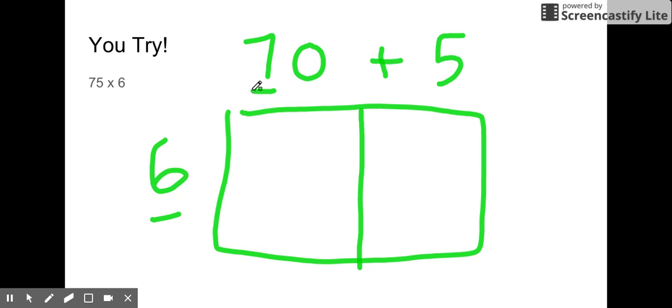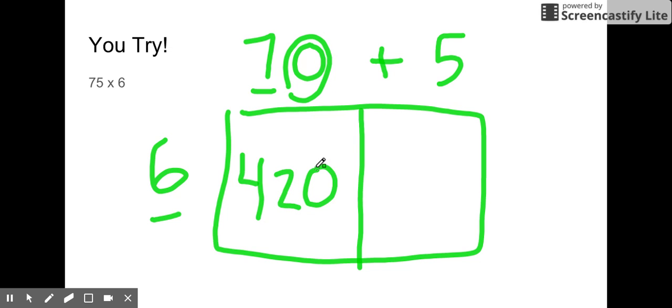I know that 7 times 6 is 42. I have 1 zero in my problem, so I'm going to add 1 zero to my answer. I come to the next top times side. 5 times 6 is 30. Now that I filled in all my